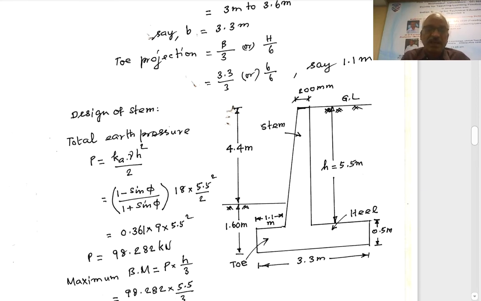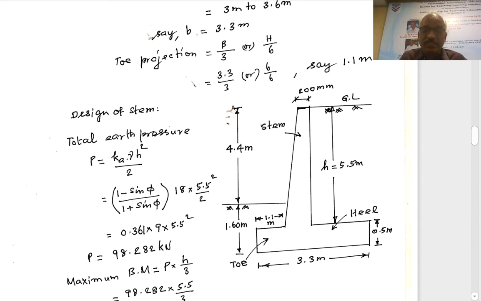Base width, normally base width will have to be designed from bending moment consideration. Now let us forget about the base width and also the length of the heel now. We have just fixed only the width of the toe slab, right? So bottom width of the stem is to be designed. Based on that, we will have to fix the length of the heel. The remaining will be the length of the heel, right?